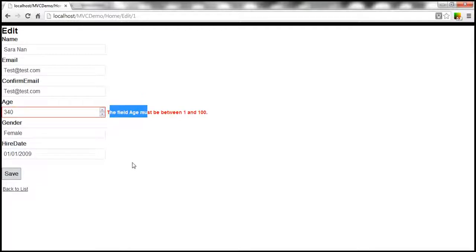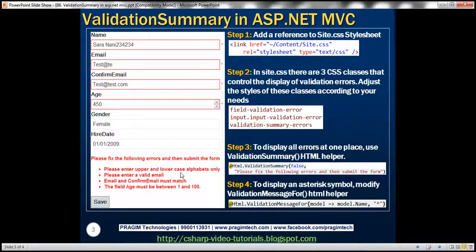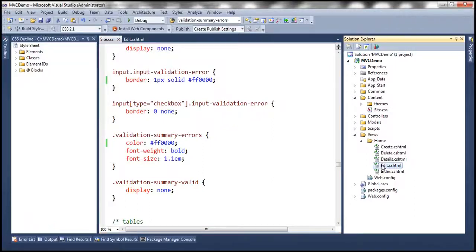Alright, now let's display a validation summary control. So how do we get the validation summary? To display all errors at one place, we use validation summary HTML helper. All we need to do is invoke that HTML helper, and that's it, we should be done. So let's navigate to our edit view,